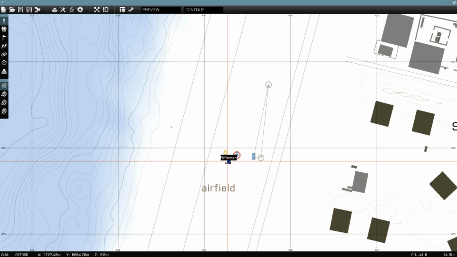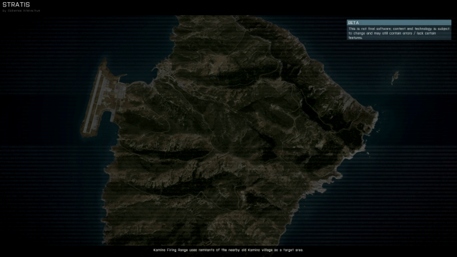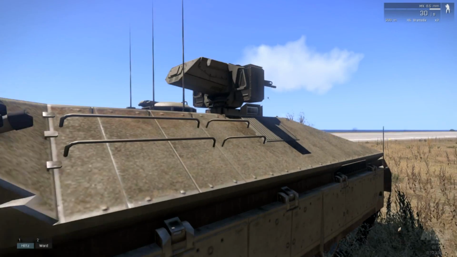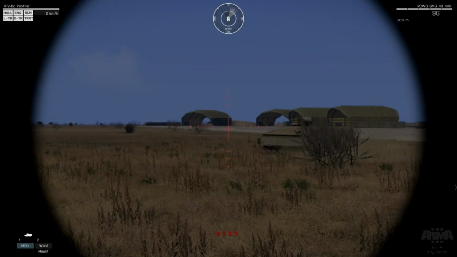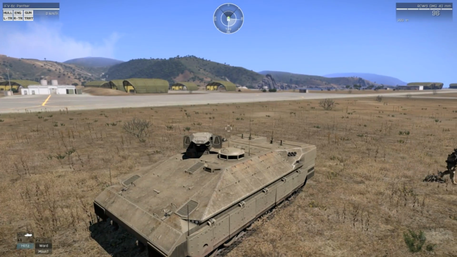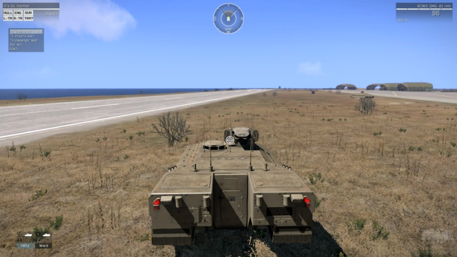So now if we swap ourselves to the player that is the higher rank and then go in, now we can get in the vehicle, and if we press F2 we can tell our other man to get in. Copy that. Standing by. And if we switch to the commander's seat,